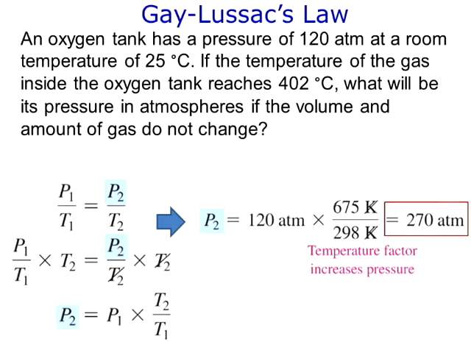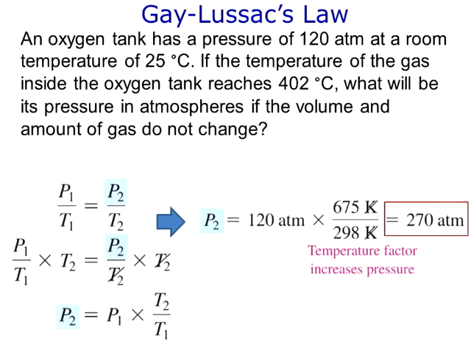I know what my equation should look like now because I have the 3 variables marked, written, and noted, and I'm only missing 1 variable. So I take my P1 over T1, P2 over T2. I rearrange it by standard math processes. I get the equation for P2 equals P1 times the ratio of T2 over T1 in K. I plug these values in and I obtain 270 atmospheres.